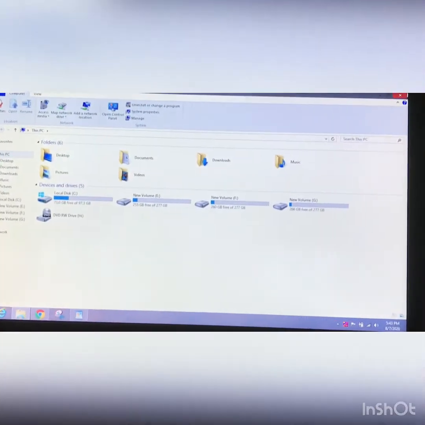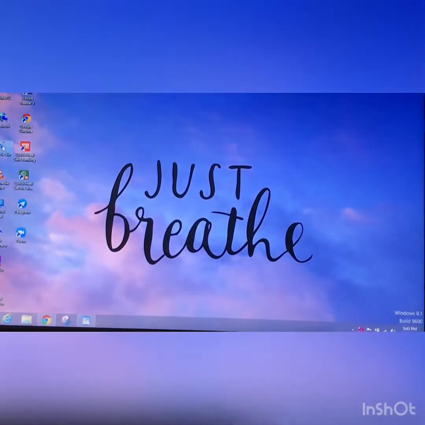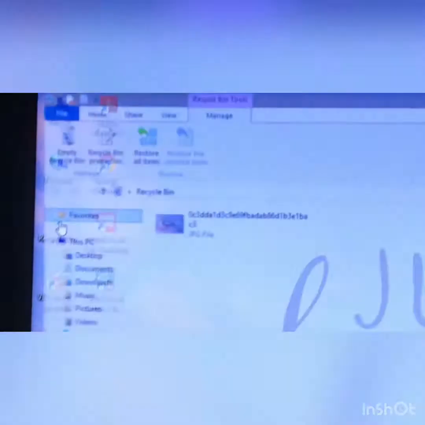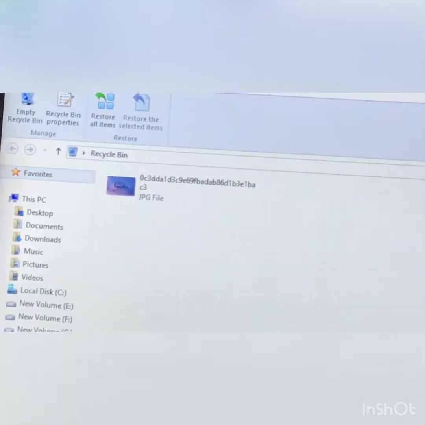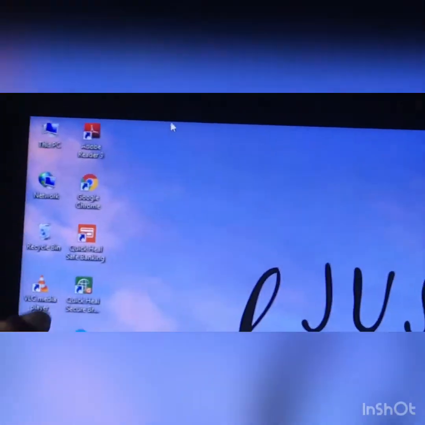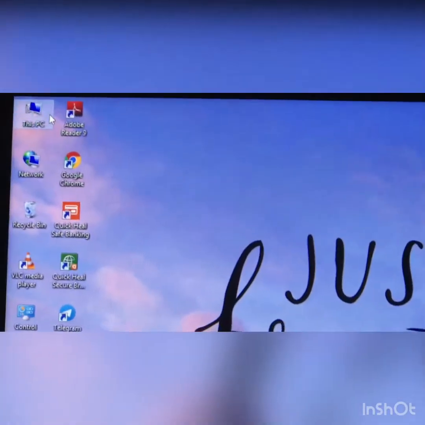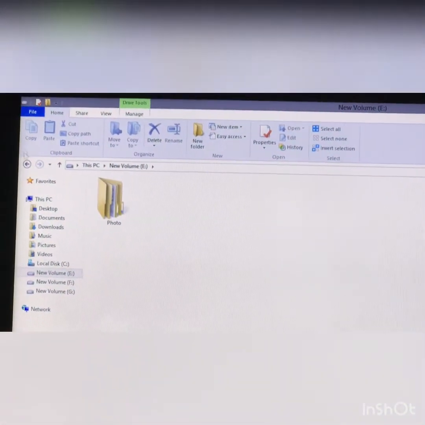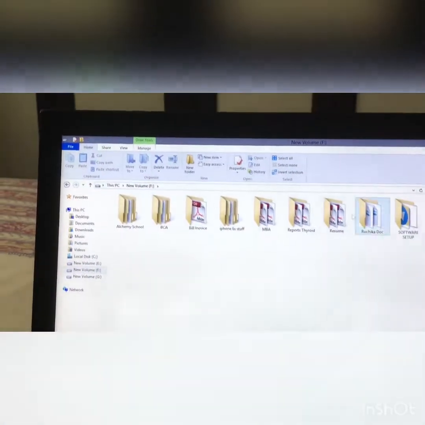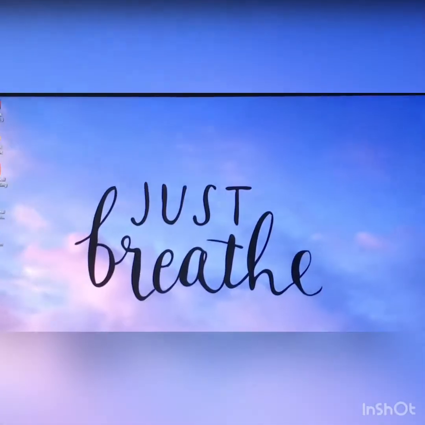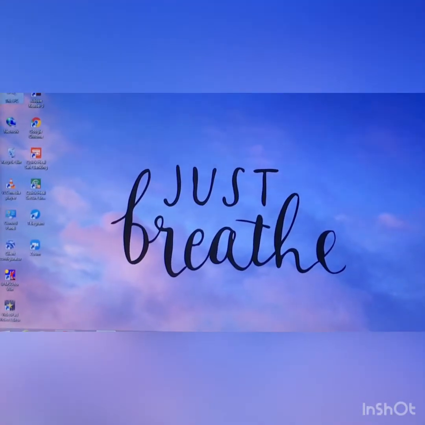Now next is the Recycle Bin. You can see the dustbin kind of box here. If I double click on the Recycle Bin, all the deleted files will be in the Recycle Bin. These all are icons. These are folders, files, different kinds of folders, and programs, and so many things are there. These all are files. So we can see on the desktop different types of folders, programs and icons.